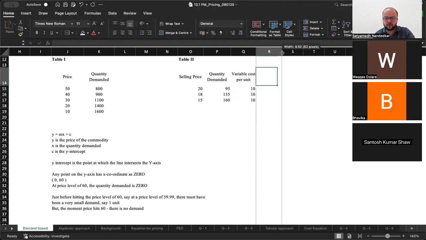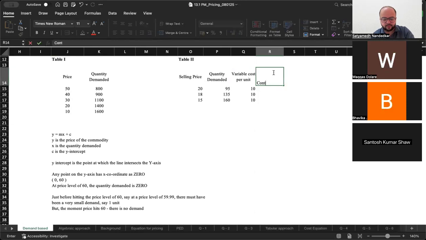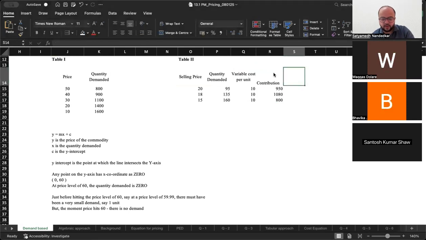Okay, let's first of all calculate the contribution. Total contribution is units into selling price minus variable cost. Now what if I tell you that my fixed cost is 800? What will my profit be? My profit will be,